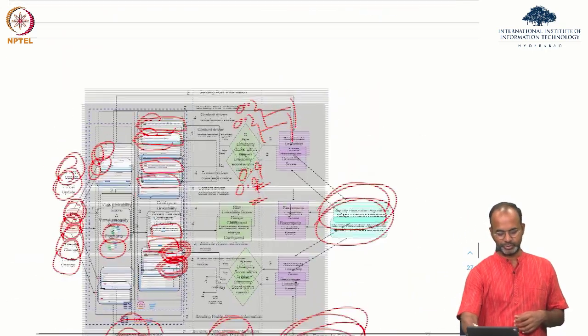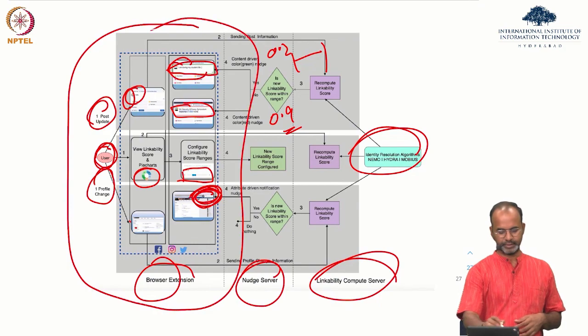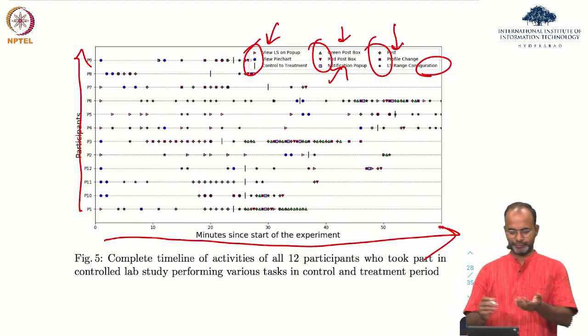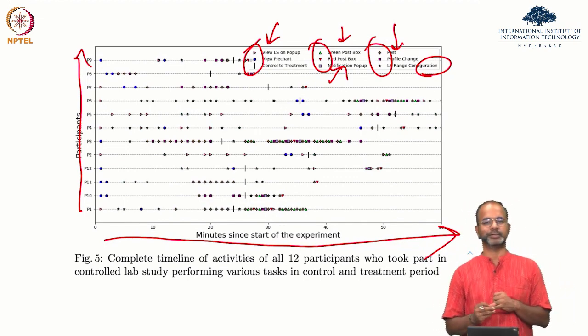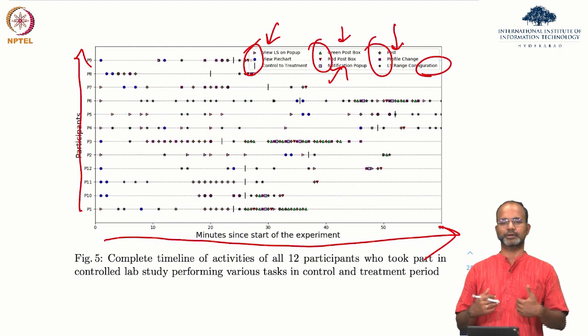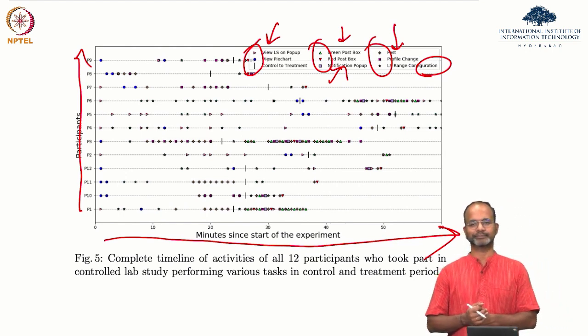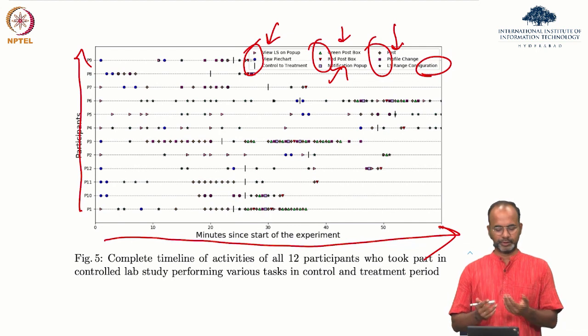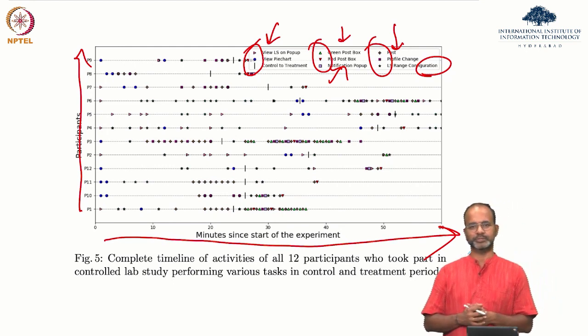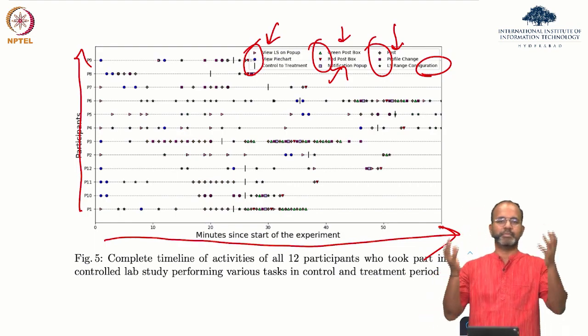So everything that I showed you here is captured. So now what can you do? Using that, you can argue that, look, if you look at the chart, there are people who are going and deciding to change the post, deciding to change the profile, deciding to change the profile picture, all of that, depending on the nudge that the Nemo is providing them. The argument is that such a nudge will help users make better choices. Such a nudge will help user behavior change, which is probably more keeping in mind the linkability score of the user itself.